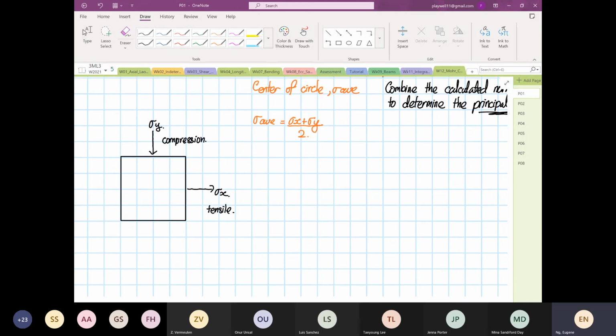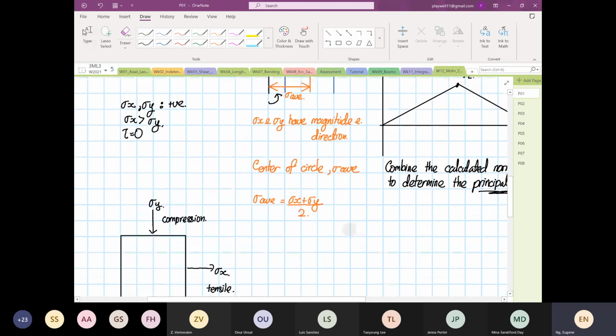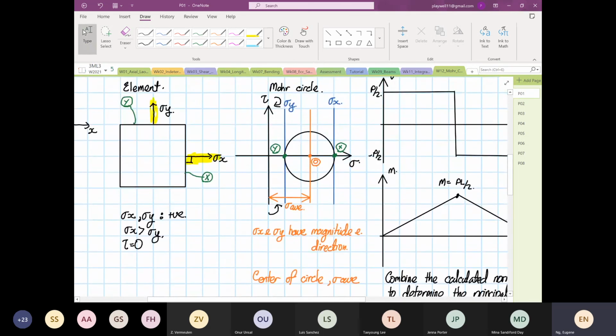In this case, we have a slightly different situation where stress X is positive and stress Y is negative. Again, the shear is equal to 0. So what do positive and negative mean? Down here, the case before, everything is